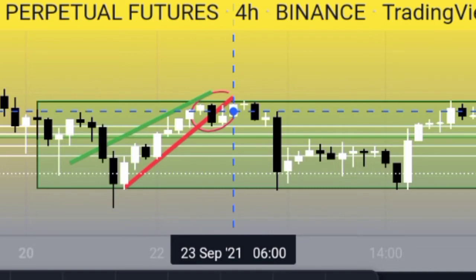Please take note. Make sure the candle breaks your support level, that is that red line. That is your first condition. Your second condition, make sure you see a candlestick pattern that is going to tell you that the market is going to move in a downtrend. So after the formation of that,